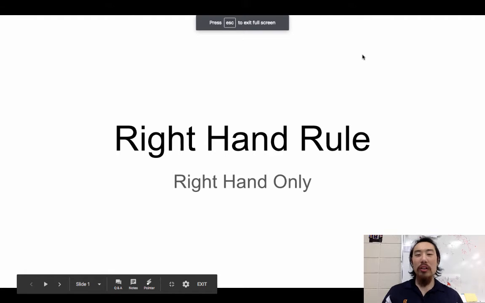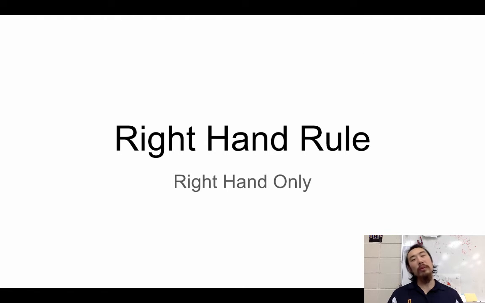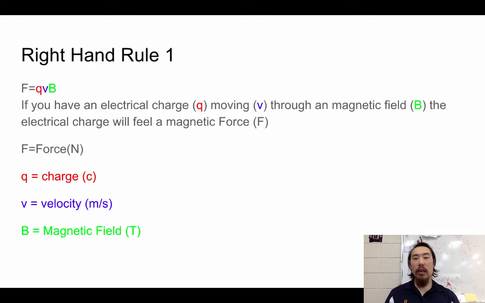Hello, ladies and gentlemen. Today we are going to learn about the right hand rule. In order to do the right hand rule, please locate your right hand. We'll be using this hand throughout the entire video. Let's get started. So the right hand rule first comes from this equation: F, force, is equal to Q, charge,